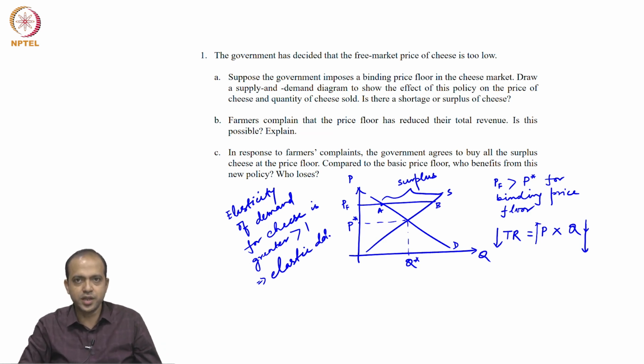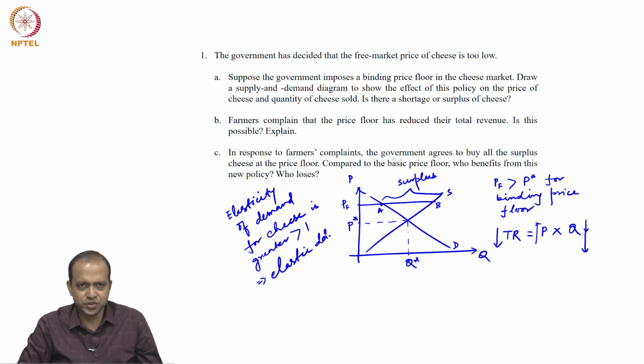This is the assumption that we make. If that is the case, then there is a possibility that when price increases, quantity demanded will fall more than proportionately, which is generally the case. Demand for cheese, because we have too many substitutes, rather than consuming too much cheese when the price is increasing,